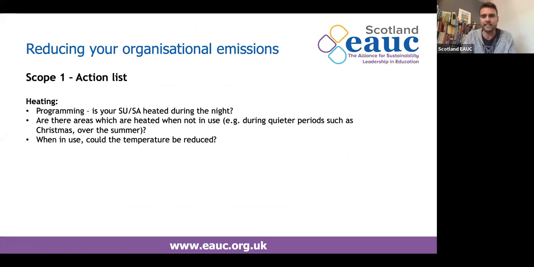So looking at heating, it's quite difficult, I think, for lots of unions. You might not necessarily have your own heating system unless you've got a number of buildings which are isolated. So maybe University of Edinburgh, for example, might have its own heating system. But our experience at Stirling, and I imagine in other places, RGU, for example, you're part of the wider building. So we essentially just got the heating provided by the university. So we got our factor measurement. We took our floor area and took the university's data.